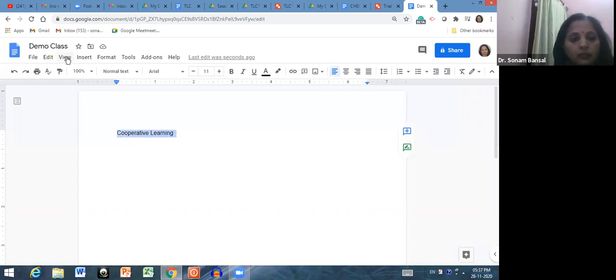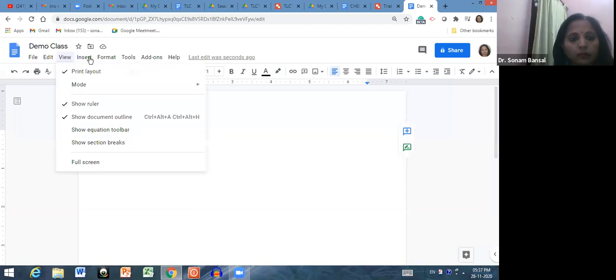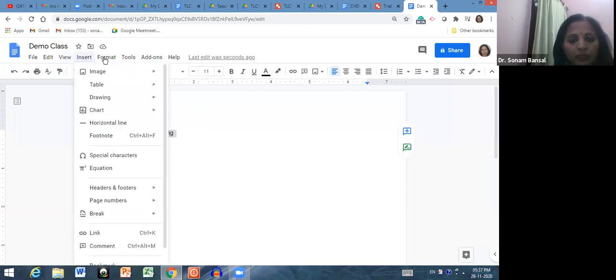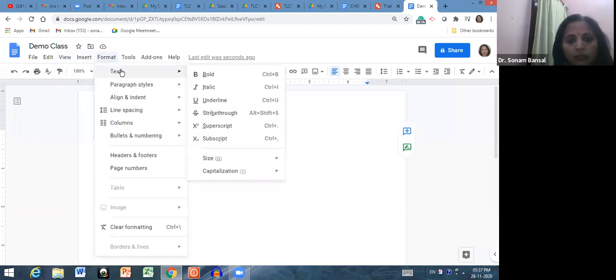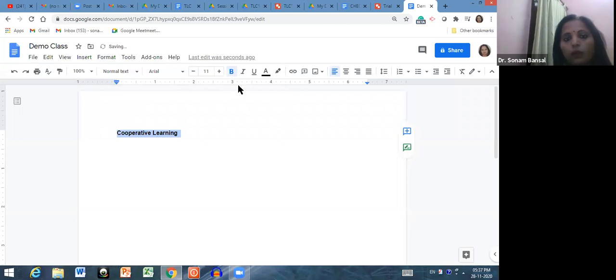For that, click on format, click on text, and you can bold this text like this, or you can go directly to bold, italic, or underline, or you can change the font size by increasing the font from here, right?